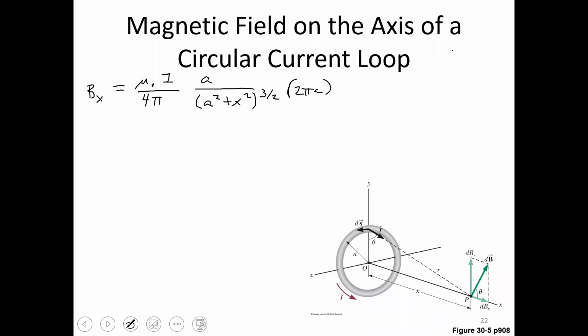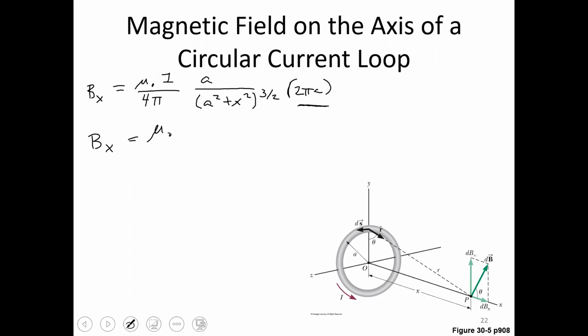So after doing the integral around the whole circumference of the current loop, which is 2 pi a, we end up with this relationship. Now we can cancel some things out, and we get that on the axis of our current loop,